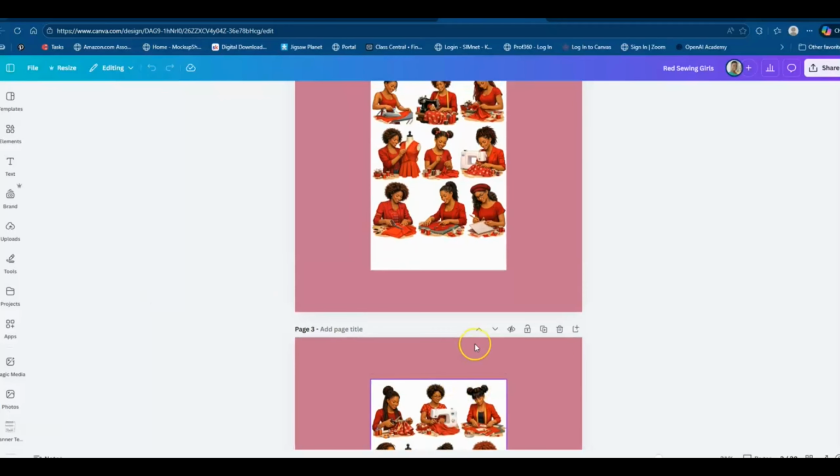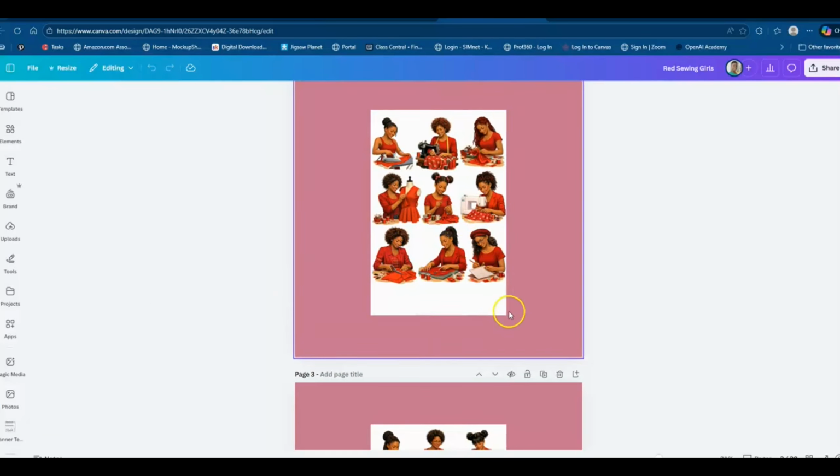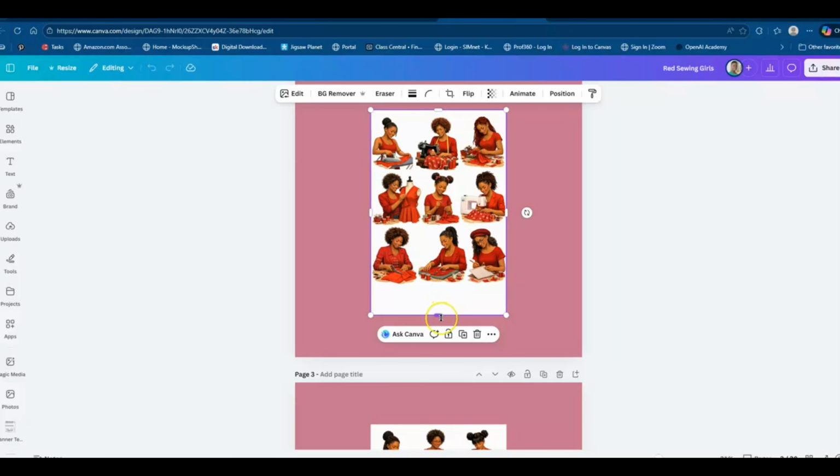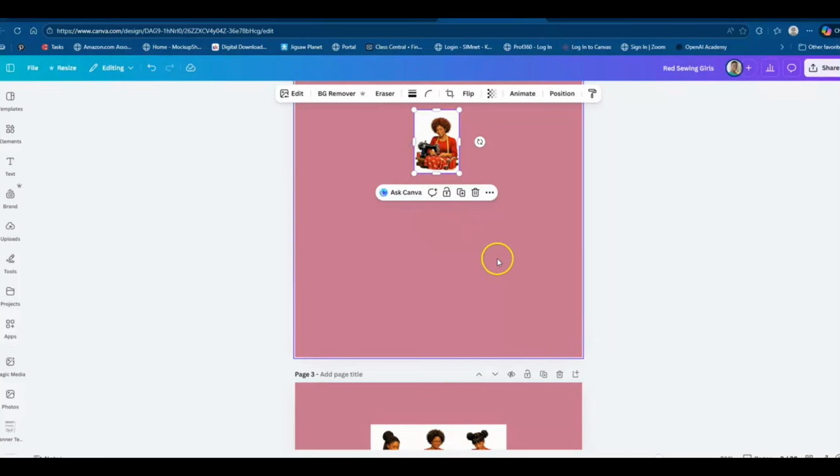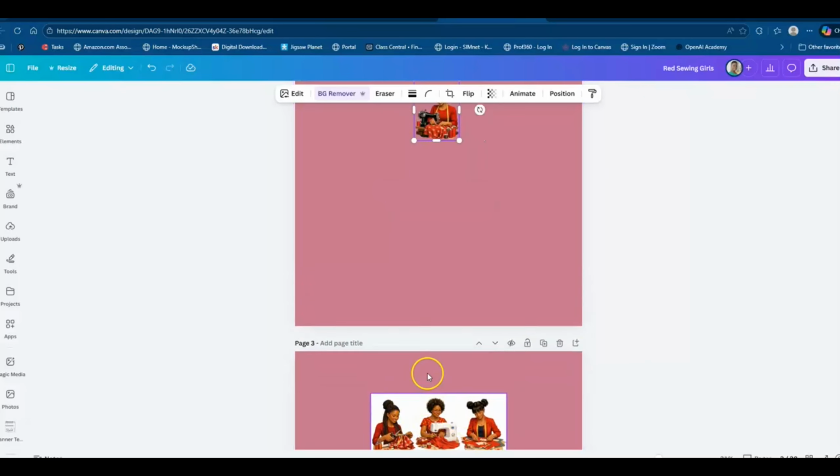So I would bring these over to Canva, and then there's several different ways that you can separate these images. And I use Canva Pro. They do have a free account on Canva. You can take it and drag it, just to get one image on one sheet. But with this, since the images are so close together, you still sometimes end up with some of the other images on there. This one did pretty good. Now we'll remove the background,